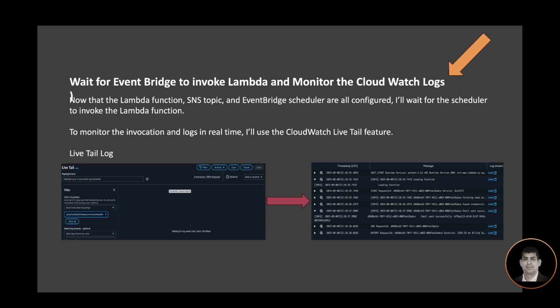Since this is based on the EventBridge scheduler, I have to wait based on the time that I have scheduled in that cron format. But once that time hits, the scheduler will invoke the Lambda function, and the Lambda function will do its thing, which is basically fetching the news, formatting it, and sending it through the SNS topic. Now, I can monitor it through my CloudWatch log because logging is integrated into this whole solution. So I can do my live tail log, and while I'm waiting here, once it hits, I will start to see the log